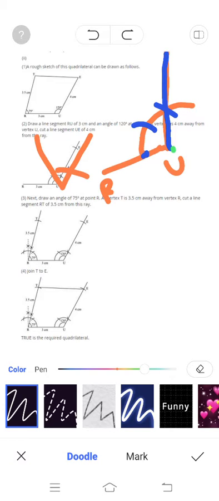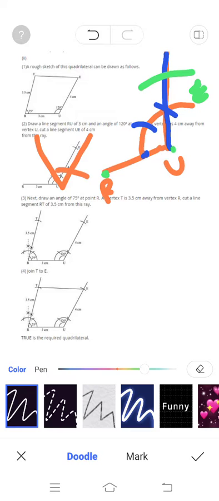Okay, now we have drawn 120 degrees. After 120 degrees, what they have given is 4 centimeters, which is 4 centimeters away from the vertex U. So with U as center, 4 centimeters radius, cut an arc, name that as E. Then next draw an angle of 75 degrees at point R. 75 degrees, how will you draw? 75 degrees lies between 60 and 90. So first of all, you should draw 90 degrees with R as center, with any radius.